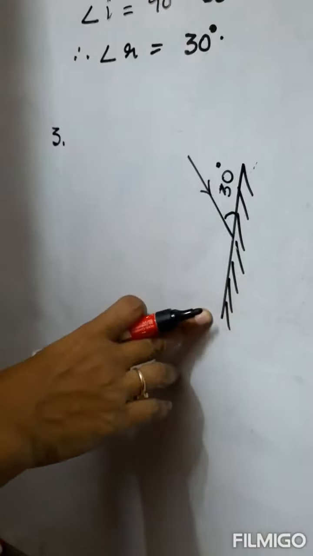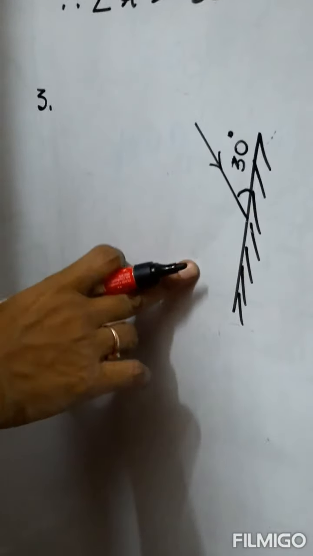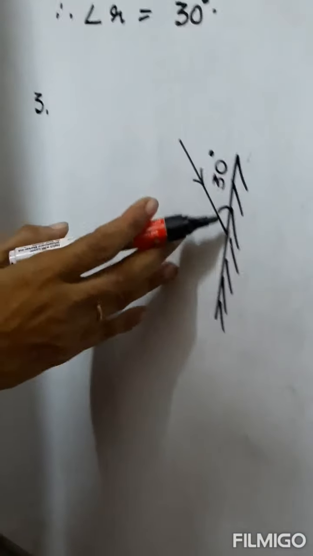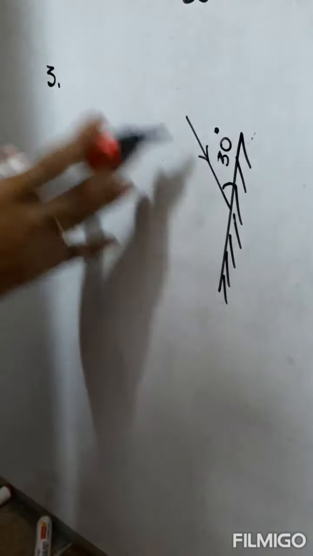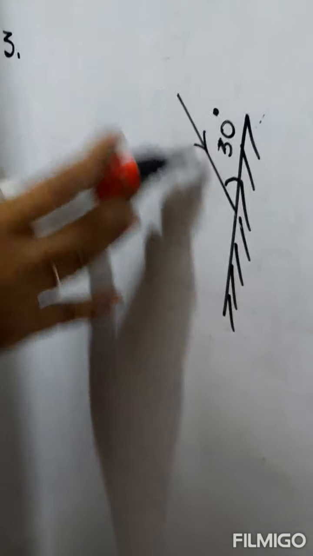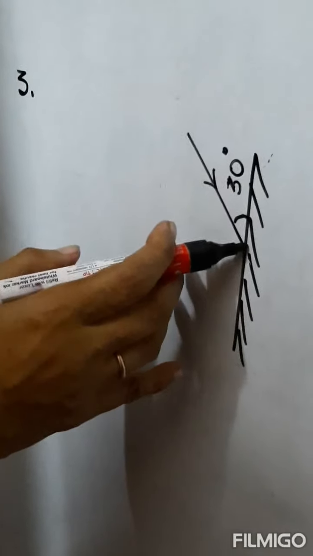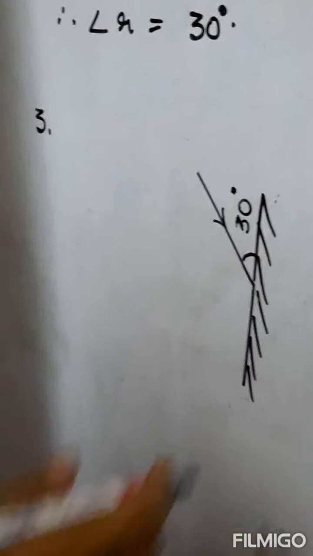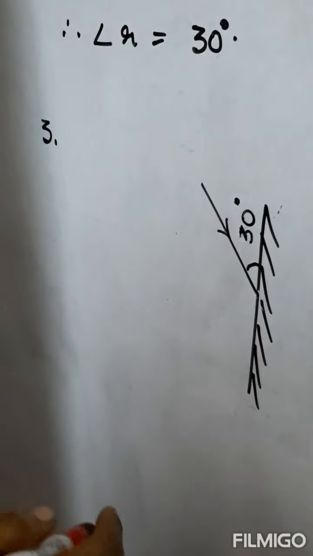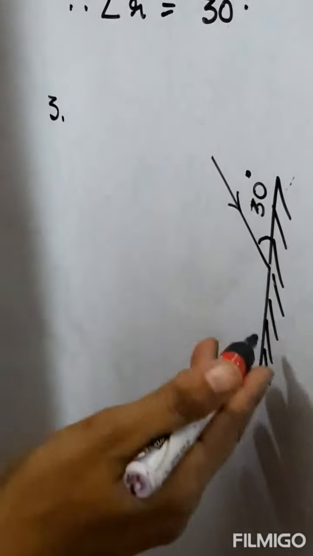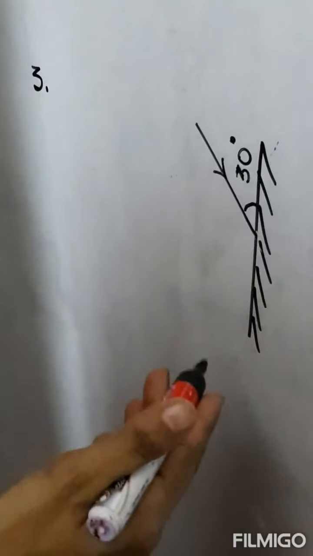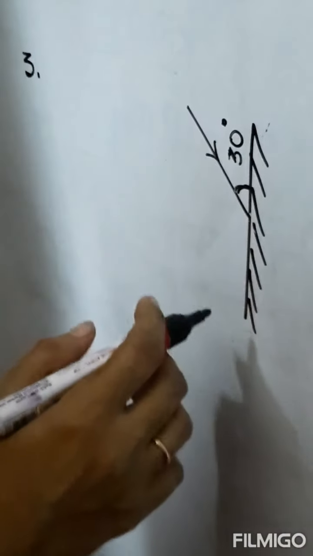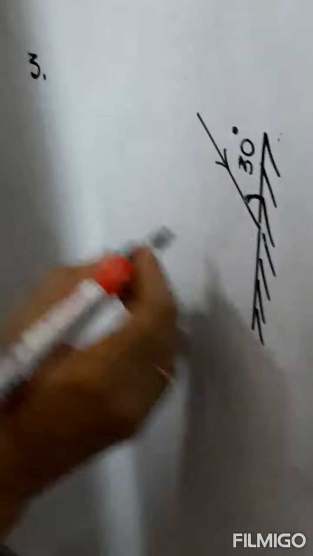In this particular diagram, it is similar to the first diagram. Here you can see the incident ray is coming from a different direction. So incident ray is the ray which strikes the polished surface, and it can come in any direction. Like the polished surface can be in any direction, incident ray can also come in any direction and strike the surface. So this particular angle between the polished surface and incident ray is 30 degree.